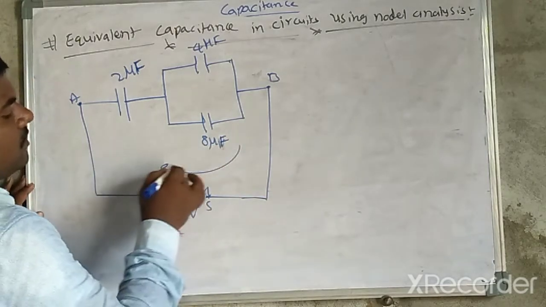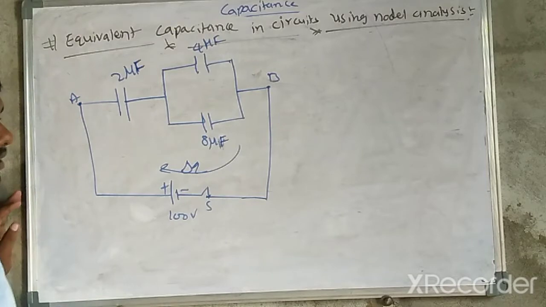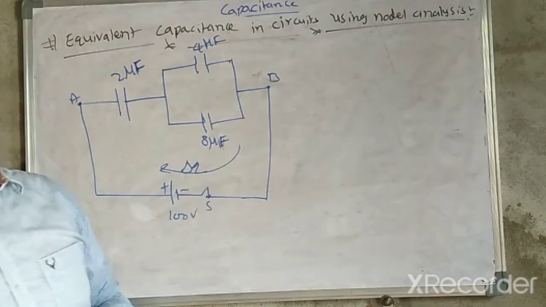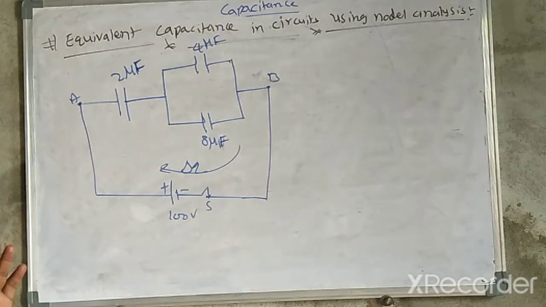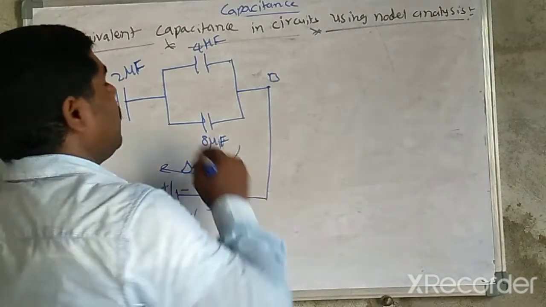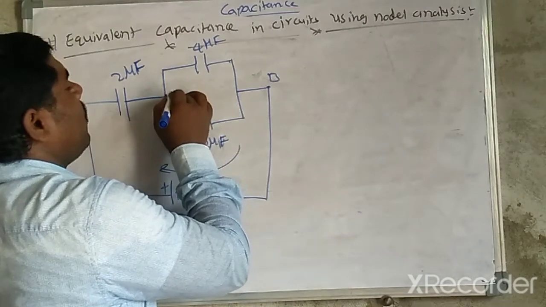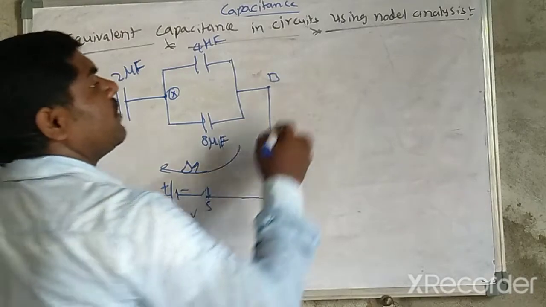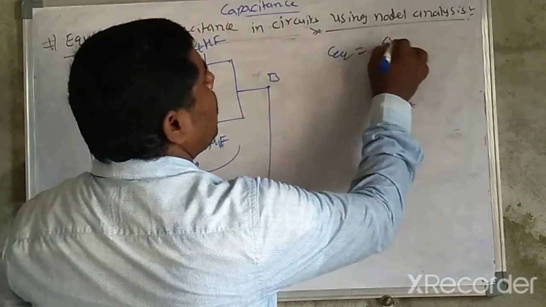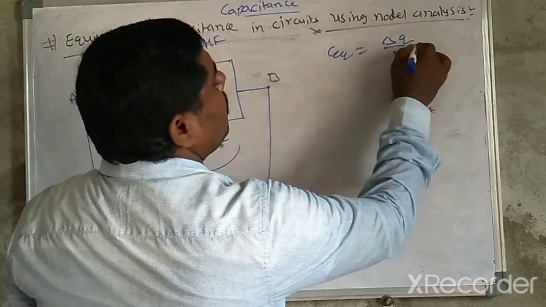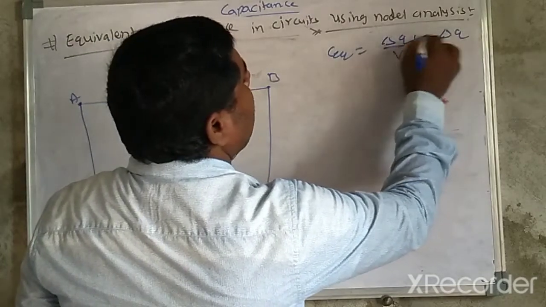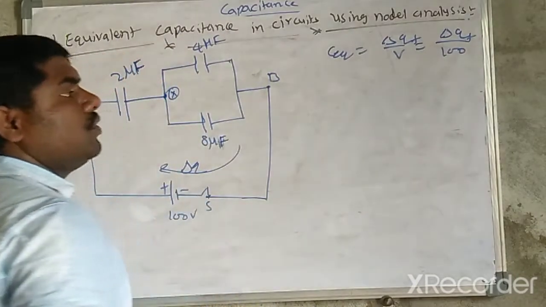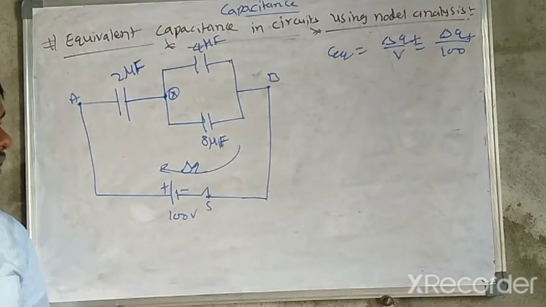The second point is measurement of charge flow through the battery. Whenever connecting like this, here the charge flow Q final, so delta Q. Here the first point, you may consider this a node point, this an x value. So the measurement of C equivalent is equal to delta Q by V. Delta Q final by V, and V is 100 volt as given. So delta Q you may find. So how to find delta Q?